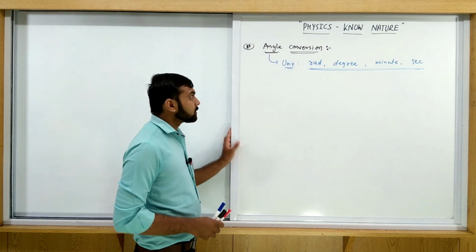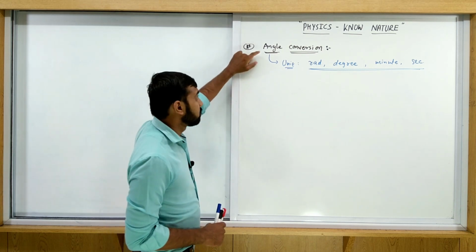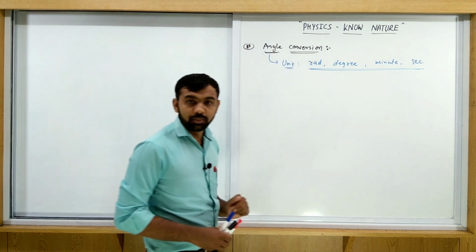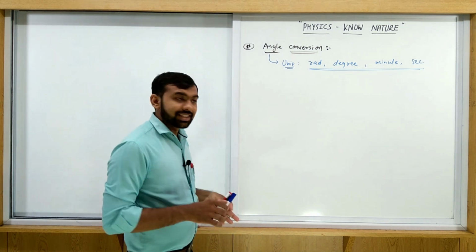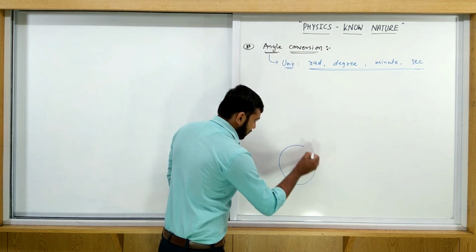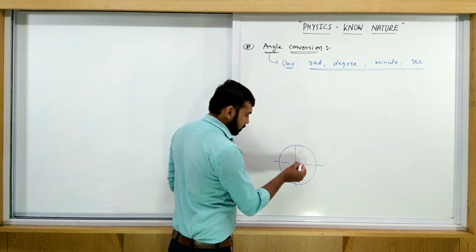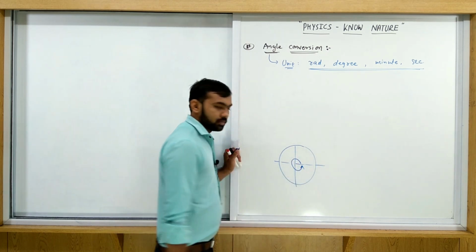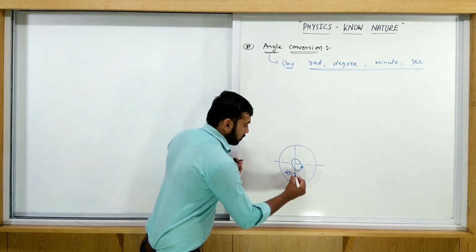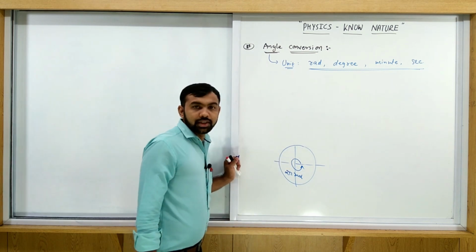Okay, and now we discuss the plane angles. Right now we are discussing the plane angles. So these are the different units. What is the relation between them? As we discussed in the last session, what is the plane angle of a circle? This is the plane angle of a circle. What is this actually? 2 pi radian, as we discussed in the last session.